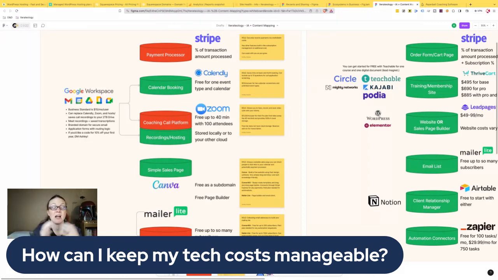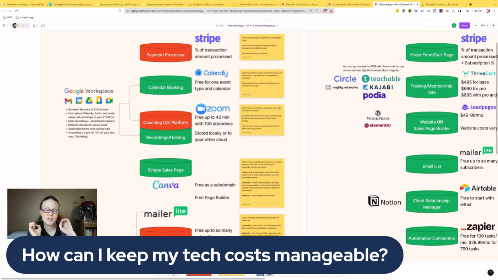Actually, that's what I would set up, a wait list opt-in page, regardless of what system you use. But you can do it in MailerLite because then you have something you can lead people into, that you can start building that list of people that want coaching from you,